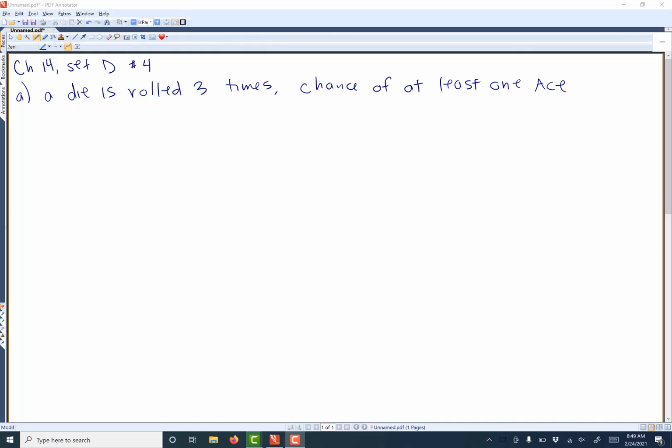Okay, on chapter 14, set D number 4, we're told that a die is rolled 3 times and we want to find the chance of at least one ace. Now, anytime we're doing problems like this, we need to be thinking about what outcomes would give us what we want. So if I'm going to list some outcomes,